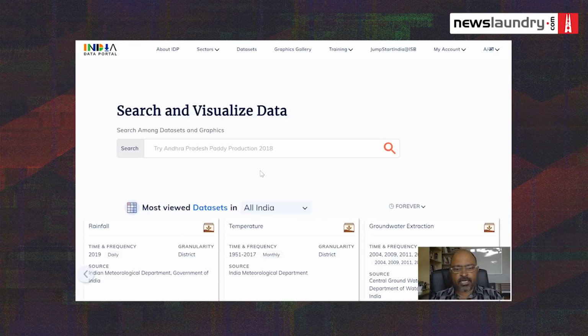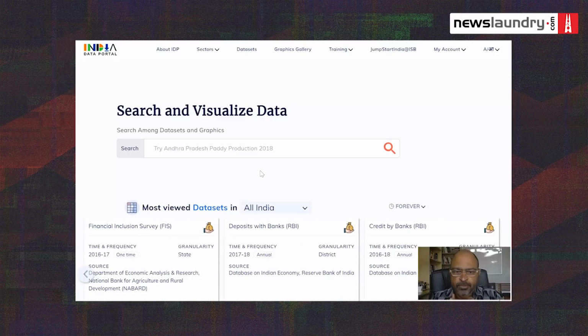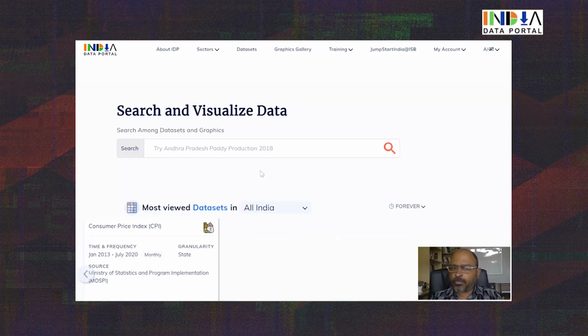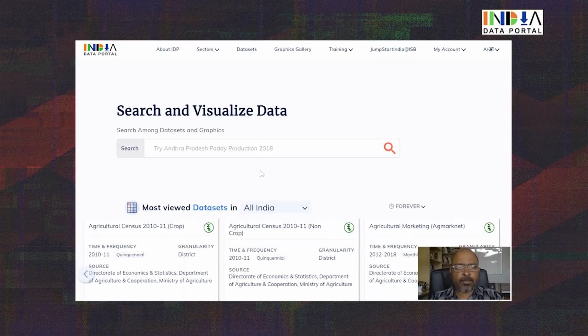A lot of data sets are recent and allow the user to explore, to begin with, what are the differences both by caste group as well as across the geography of India, and approach it in a way by searching. So you can see the search and visualize.